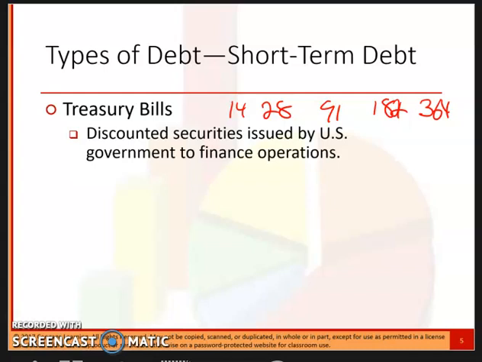Treasury bills are the most secure instruments in the world. They are the most liquid. They're most heavily traded. That's, as we mentioned before, why the interest rates fall so low